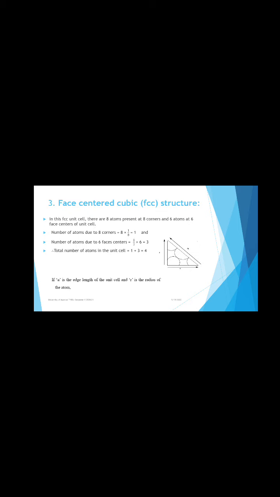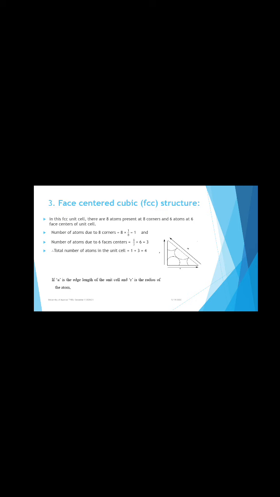So for BCC type of crystal or unit cells, because of the presence of 2 atoms, more space is occupied as compared to the simple cubic type of crystals or unit cells. Everybody understood the packing efficiency of BCC type of unit cells? Now we will move to the next point, that is the FCC type of unit cell.